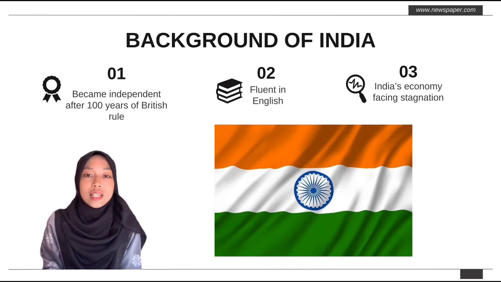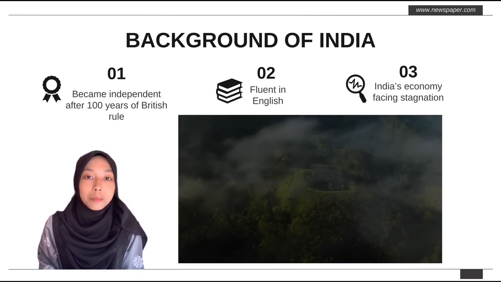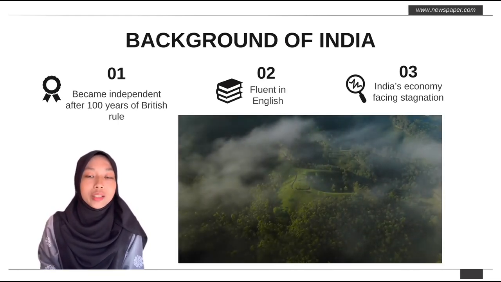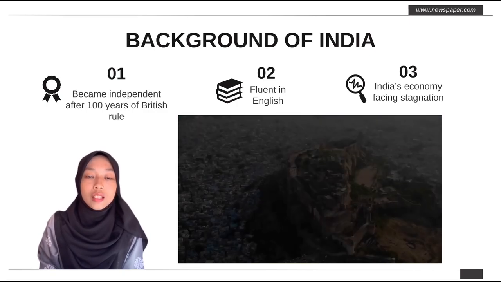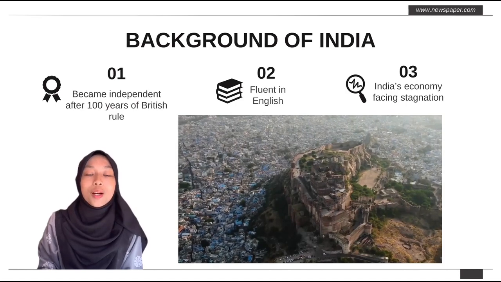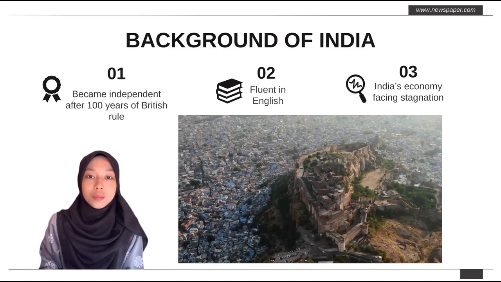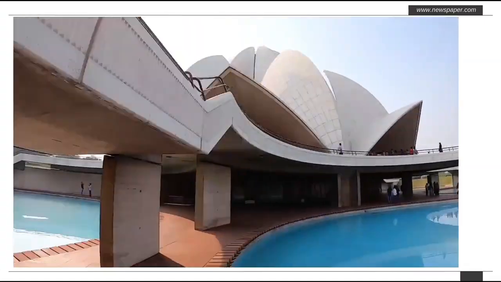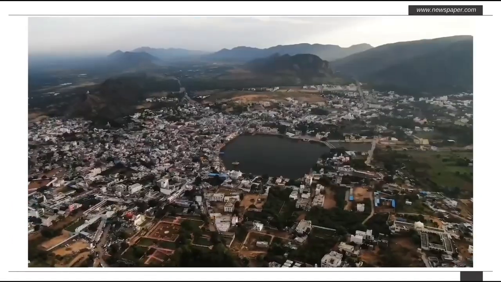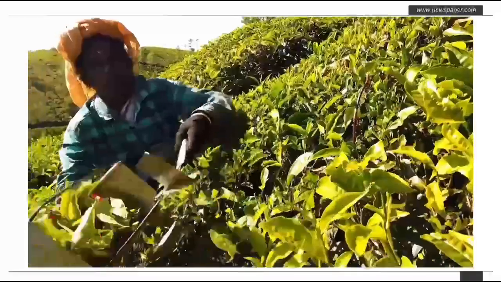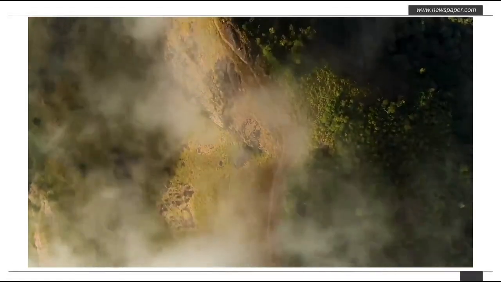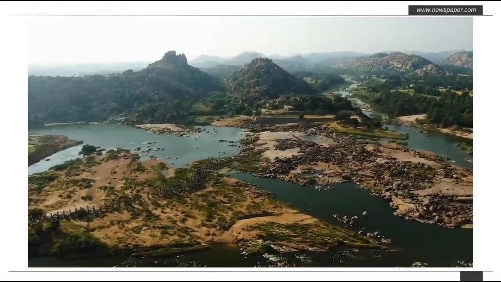On January 26, 1950, India became independent after 100 years of British rule. India is also the second most populous country in the world and the world's largest democracy. Over the decades, India has transformed itself into a nation recognized by the international community in many respects, including in the economic sphere. The country of India also has one of the very important civilizations in global business.